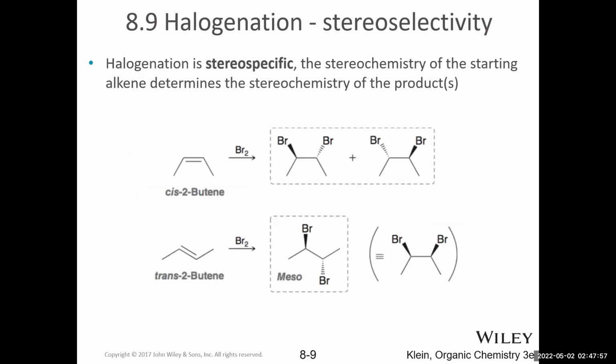So let's look at what this would look like if we started with an acyclic alkene instead of a cyclic alkene. If we start with an acyclic alkene, then it's common to have trans double bonds as well as cis double bonds, whereas with small rings, they can only accommodate a cis double bond. So let's look at each of these individually.